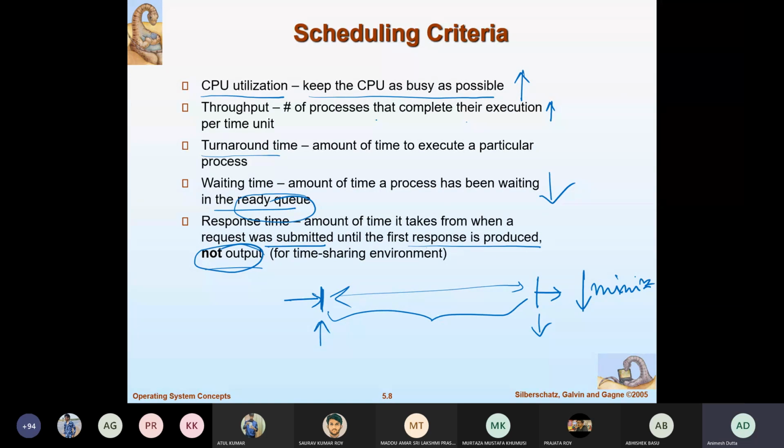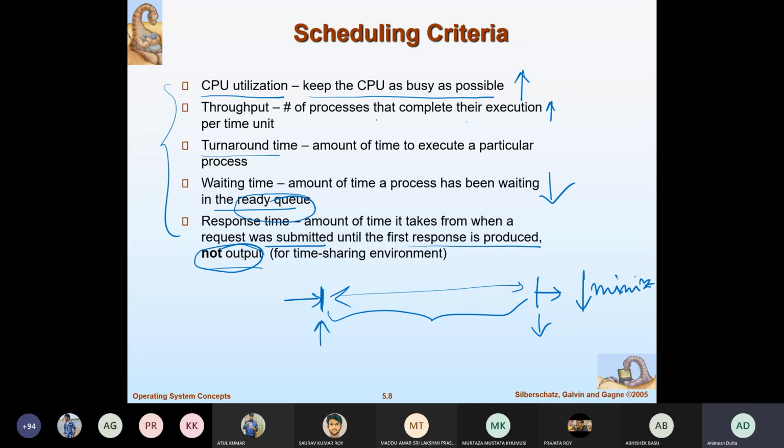So in this chapter, we will be discussing a number of algorithms for CPU scheduling. Now, you may have something in your mind to have some better algorithm for CPU scheduling. So how do you check? These are some of the evaluation criteria to compare your algorithm with other algorithms: how much your algorithm is capable of utilizing the CPU, how much time